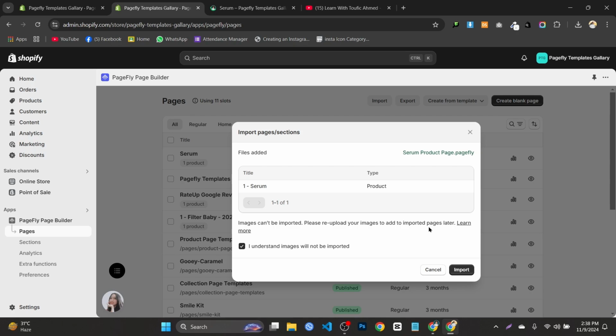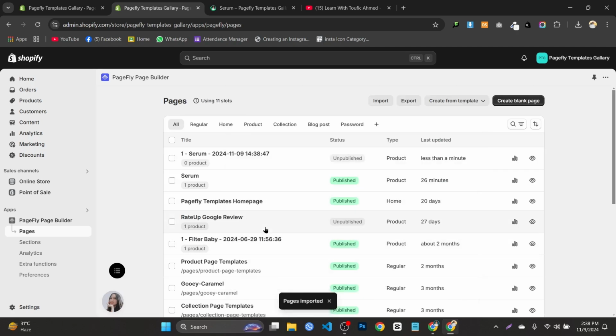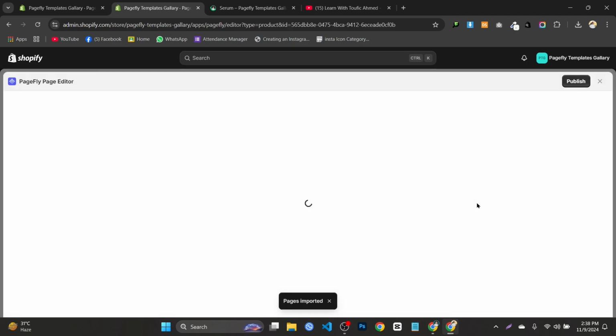So after you import your template, the images can be uploaded. You have to add them custom or from your own. Just click on import, and this is the product template. For this, you have to assign a product, because this is unpublished now, it is just uploaded. So just click on it